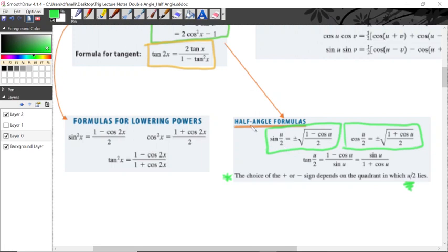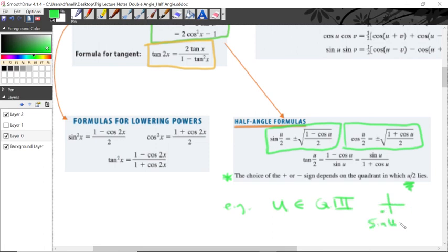And in many cases in these half-angle formula problems, you'll be given the value of the original angle u. And even though we might be told the quadrant for which u is in, in fact, it's the quadrant for the half-angle that really determines whether this is plus or minus. Okay? So let's say that u is contained within quadrant 3, for example. All right? And then we know that in quadrant 3,